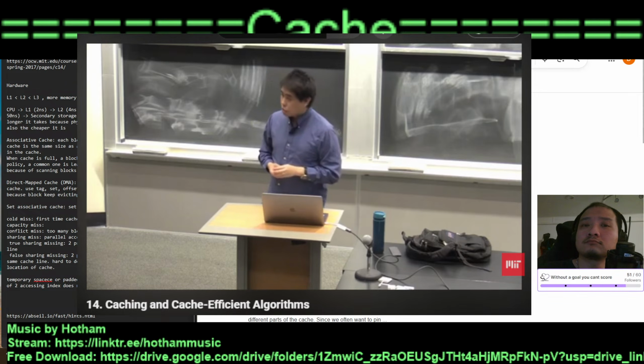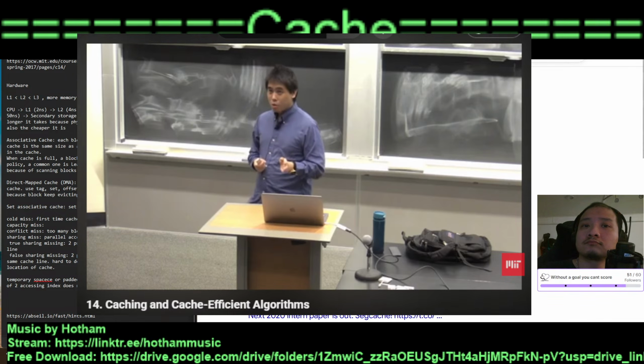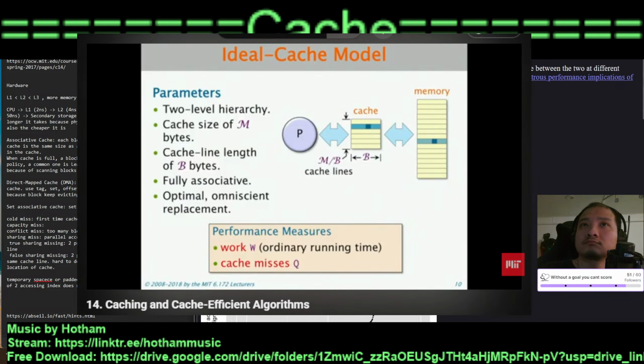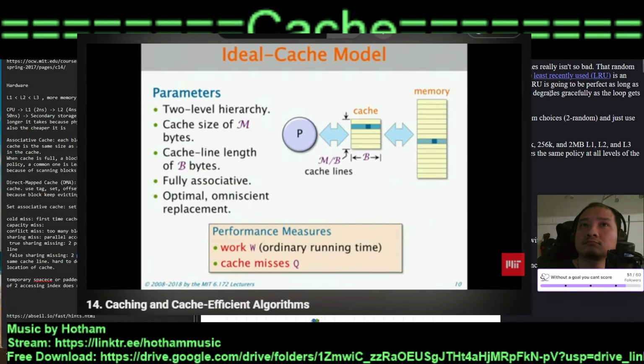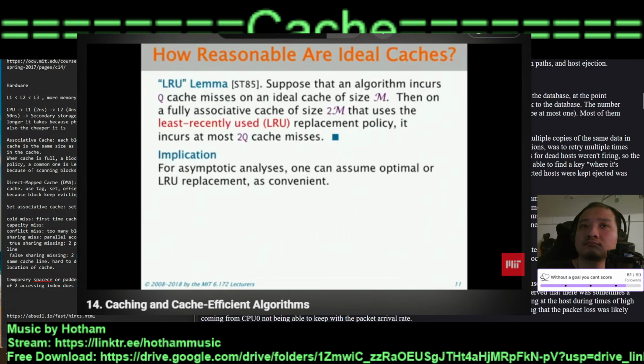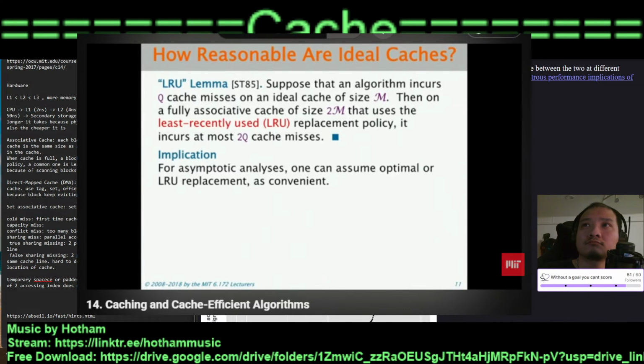So this model is just used for analyzing algorithms. You can't actually buy one of these caches at the store. So this is a very ideal cache, and they don't exist. But it turns out that this optimal omniscient replacement policy has nice theoretical properties, and this is a very important